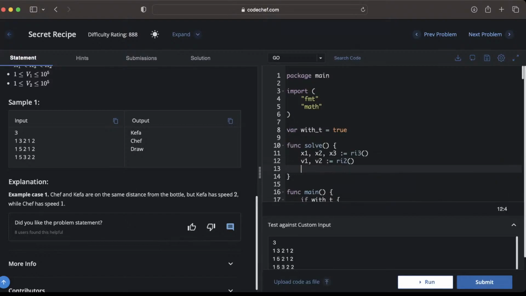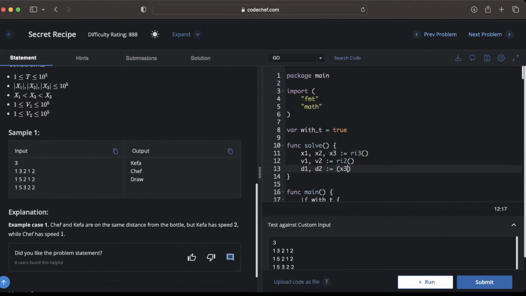So d1, d2, right, will be x3 minus x1 comma x2 minus x1, and so t1 and t2 will be